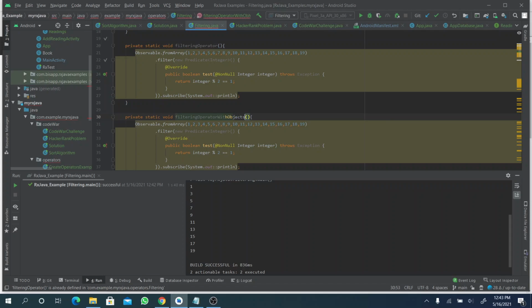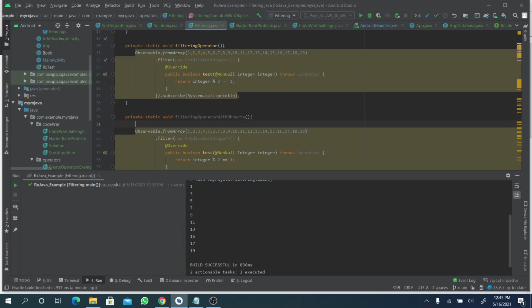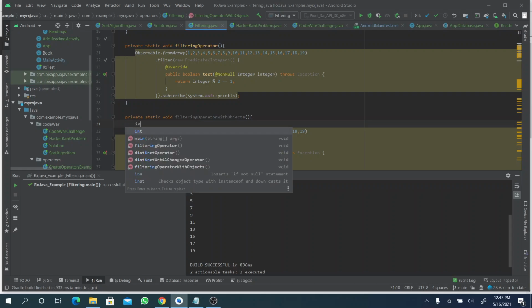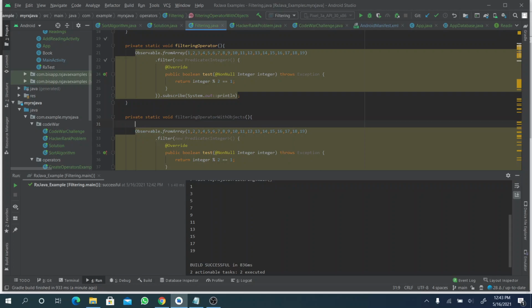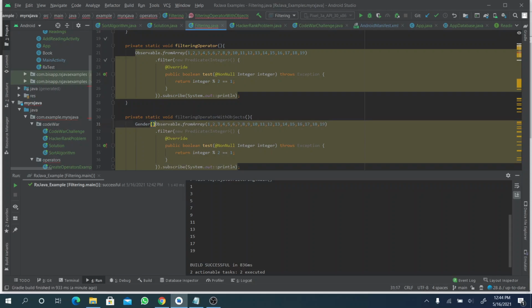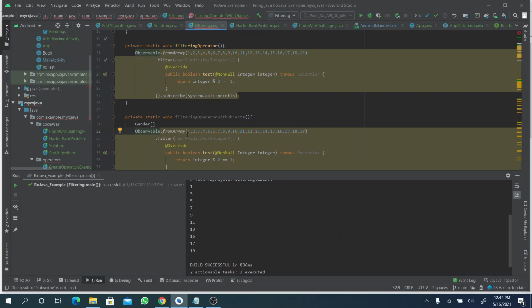Filtering operator with objects. Okay, so let's create an object. First of all, let's use this trick. We are going to use an array. So we have gender. This is an object I've created, a gender array, which is going to give us genders